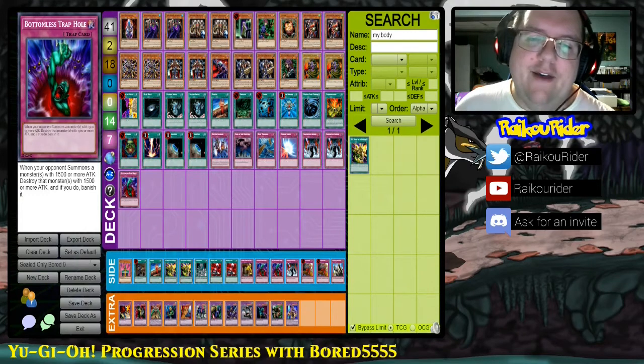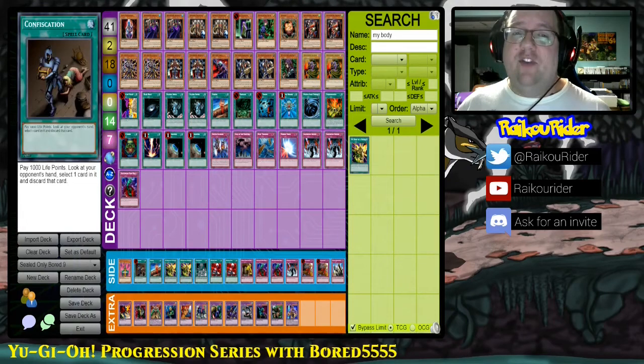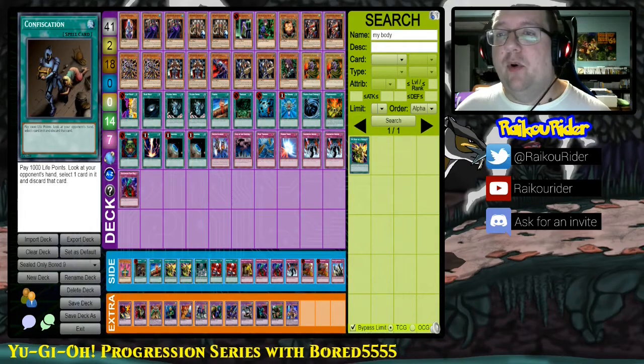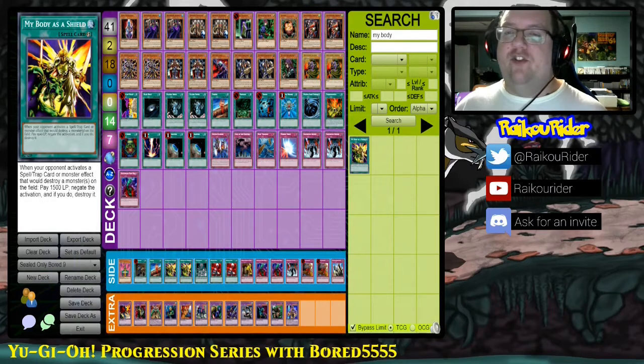For the side deck, we have 1 copy of Jinzo. This will come in the main if we see a lot of trap cards, but this just does not mesh well with the rest of the deck, considering that we have 3 other tribute monsters. Confiscation was moved to the side deck for the reasons of we do pay a lot of life points in this deck, so I wanted to keep the life point payment cards to a minimum in this deck, which I feel is important because otherwise, with the payments not being optional, you can just die if your life total is at the wrong amount. 1 copy of Fissure, 2 copies of My Body as a Shield in the side deck